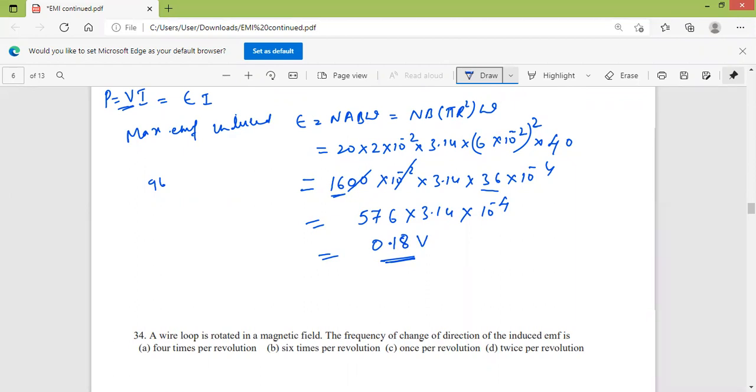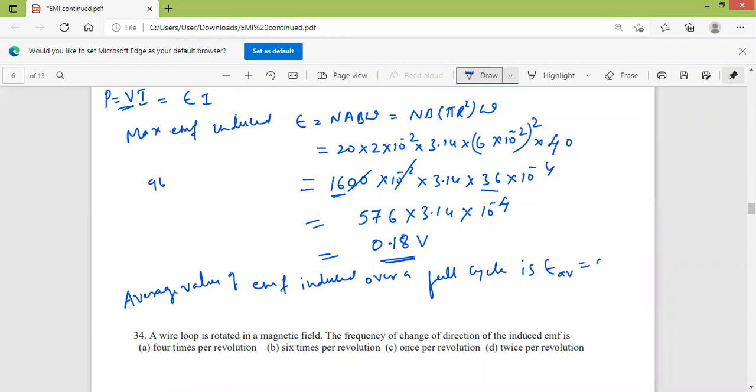Next, average value of EMF induced over a full cycle. Epsilon average is equal to 0. Why it is 0? If we